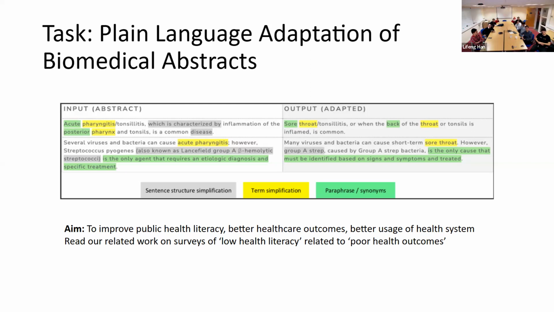So we replace basically all pharyngitis and pharynx by throat. We also replace posterior by back and acute by sore. We also remove some sentence structure, for example, "which is characterized by", we just remove it because it's not very useful for understanding the